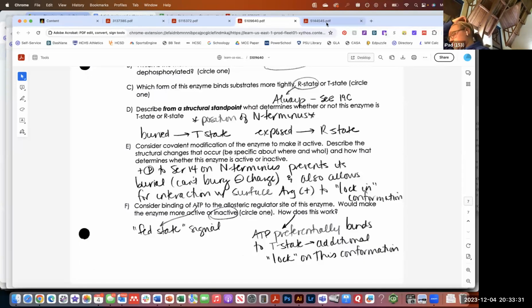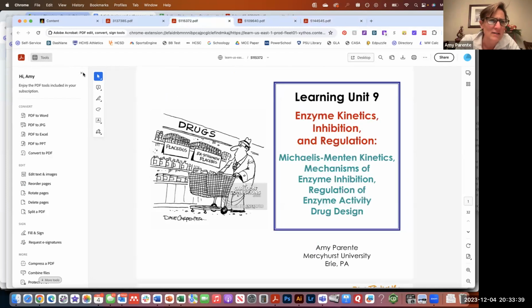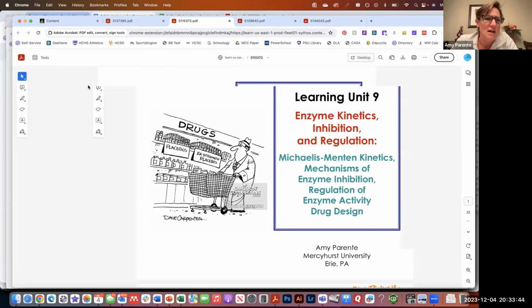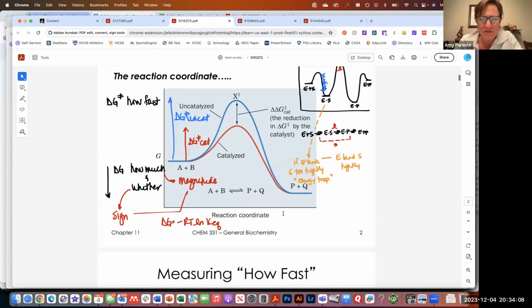Yep. I'm going to flip through the slides real quick here. They're back over here. Just make sure there's not anything in the slides that I need to discuss again. I know for this learning unit in particular, I did a number of videos last year that hopefully can help, particularly with understanding Michaelis-Menten kinetics, the different aspects of enzyme inhibition, whether it's competitive or uncompetitive, and particularly the control of glycogen phosphorylase. So I'm just going to flip through here.